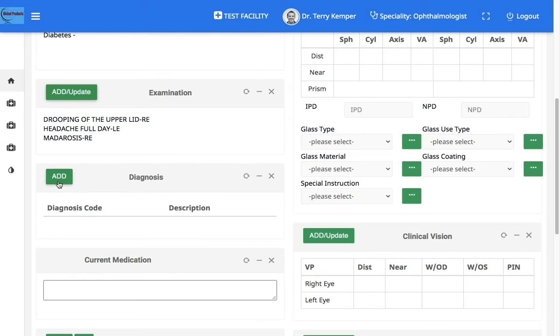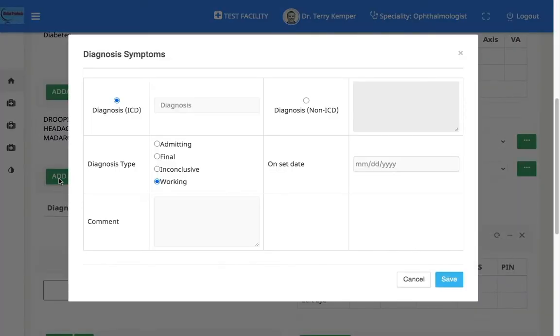Next, coming to the diagnosis, MURX has a listing of ICD-10 codes. Clicking on add will open the diagnosis recording window. For ICD-10 codes, the default selection is shown.